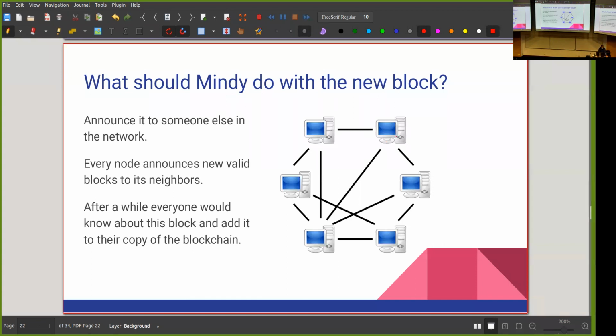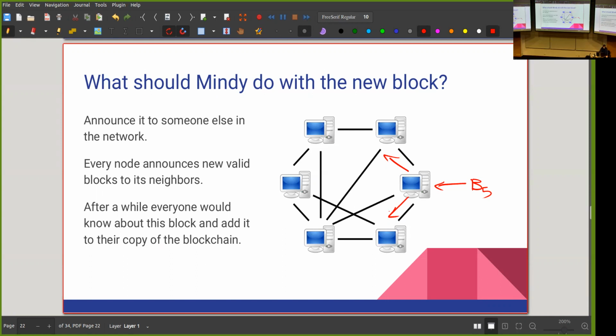And then again, when you give someone a new block, let's say this time I give my block to this computer, they will again run the gossip protocol. Well, first they check that your block is valid. And checking it is easy because they just have to compute the hash function, and that was an easy process. So they can check that the hash is small. They can check that all the transactions in this block are valid. And if that's the case, then the whole block is valid. And they would just send this block to all of their neighbors. And then this process would continue. And eventually, everyone in the network would hear about this block.